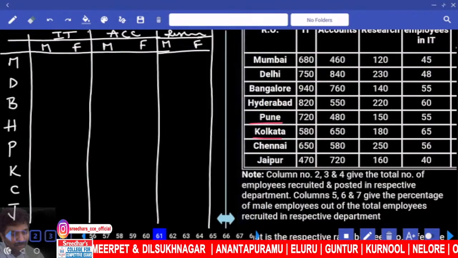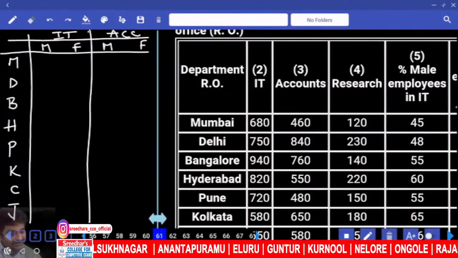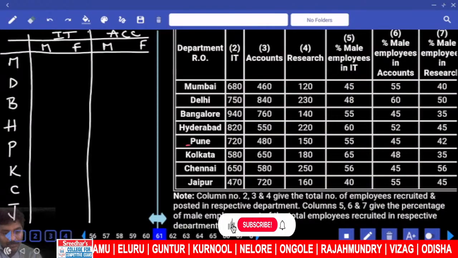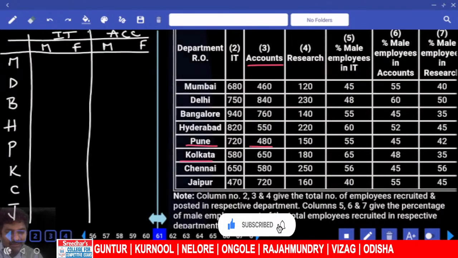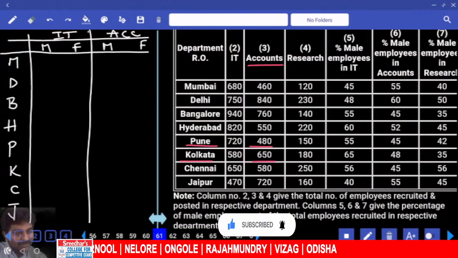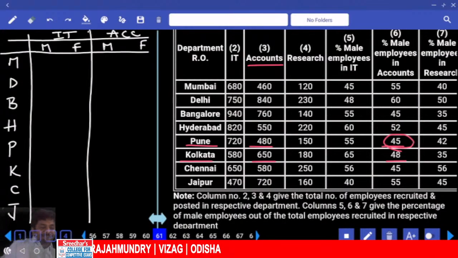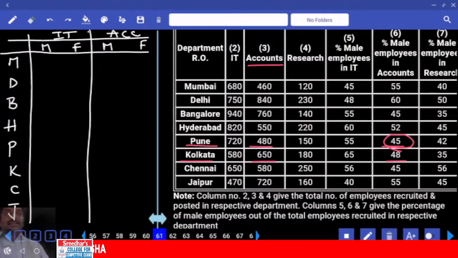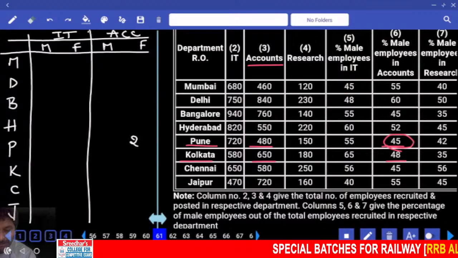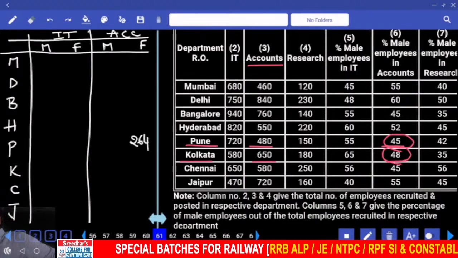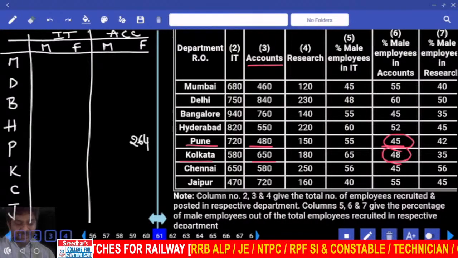Pune, Kolkata, accounts department, and then female we need to calculate, correct? If male are 45%, female are 55%. 55% is 50% plus 5%. 50% of 480 is 240, plus 24, 264. Pune female 264. Then Kolkata, male are 48%, female are 52%. 50% of this number